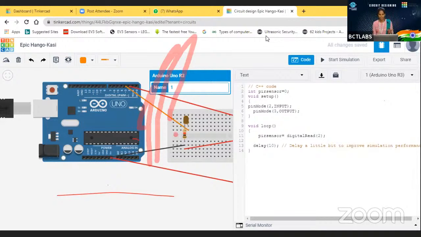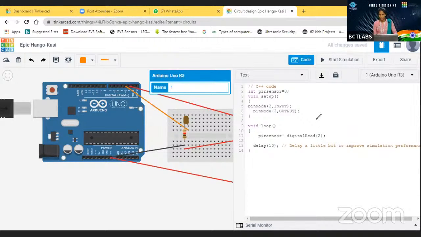That is, PIR sensor is equal to high. That is, it detects the object. Then we are going to turn on the LED. If it is not, we are going to turn off the LED. So that PIR sensor value,